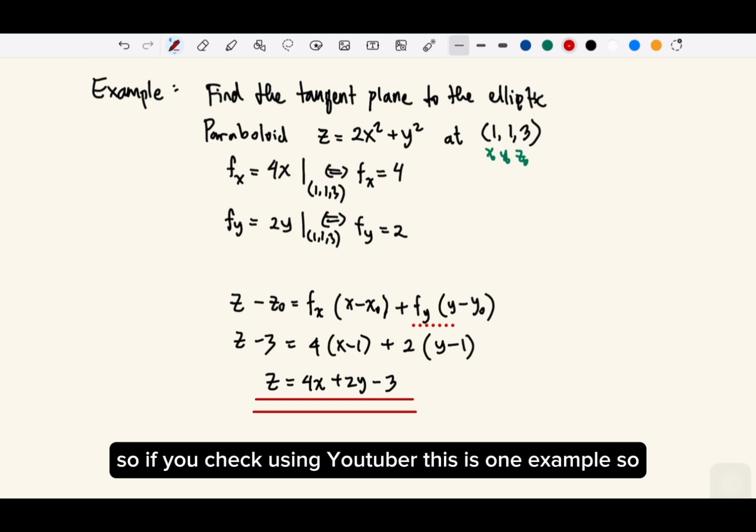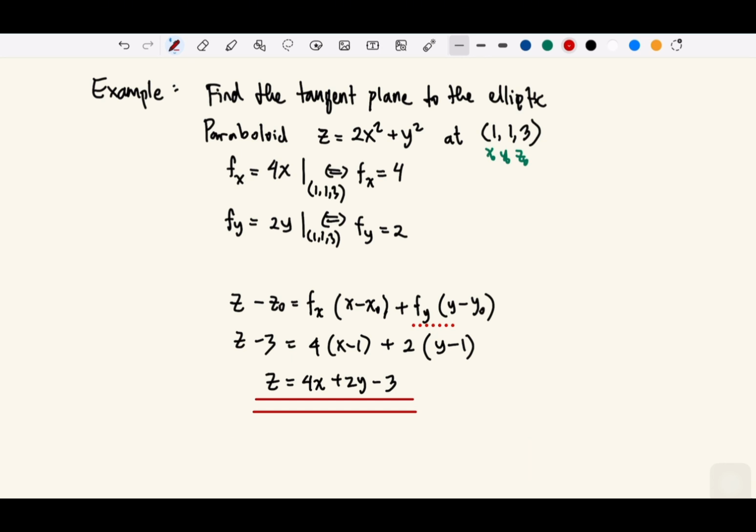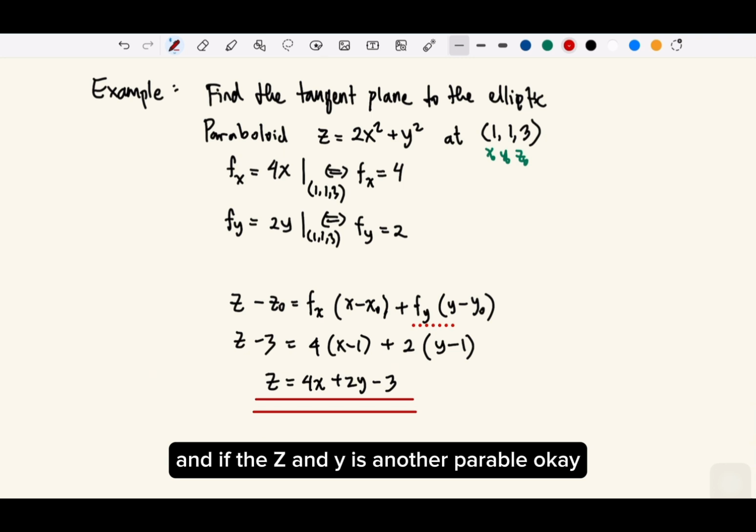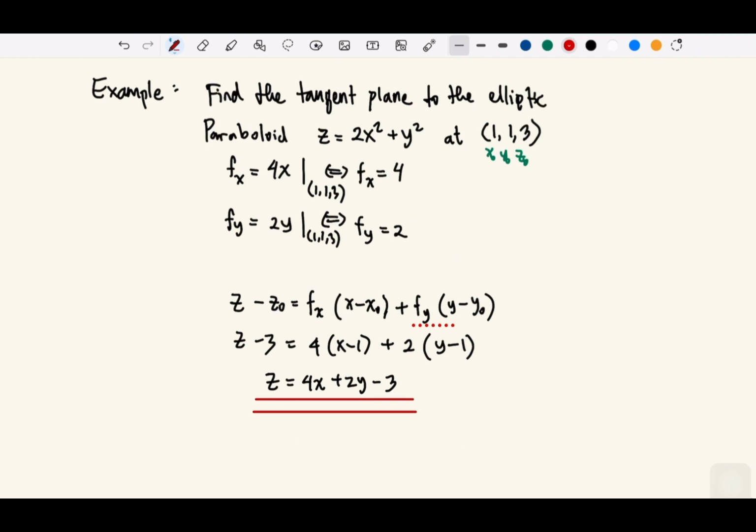In xy, if you look, this is an ellipse, right? If this is the z and x, it's a parabola. And if the z and y, it's another parabola, okay? So I hope you can make this image in your mind, okay? So by doing the